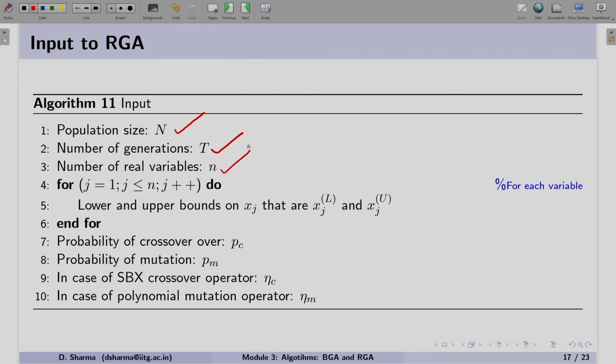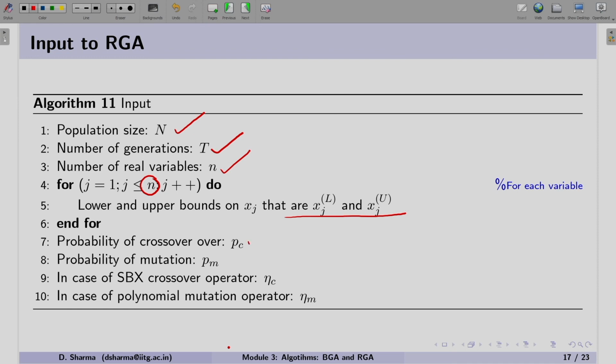The small change you can see is that in step number 4 we are running a loop for the number of real variables. Since the variable is represented as a real number, we only have to provide the lower and upper bound of the variable j.